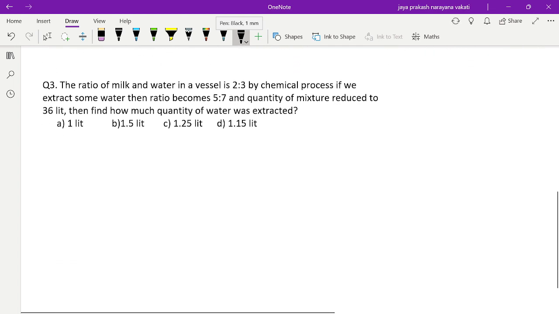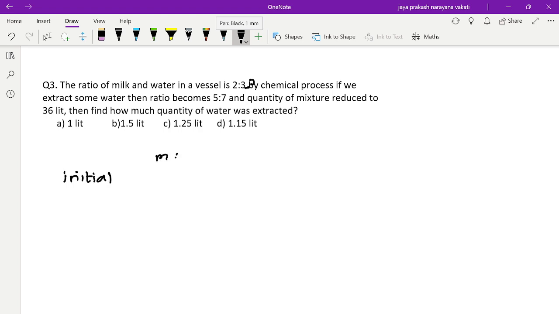Okay, let me go with the third problem, guys. So, a similar problem. The ratio of milk and water in a vessel is 2 is to 3. By a chemical process, if we extract some water, then the ratio becomes 5 is to 7 and the quantity of mixture is reduced to 36 liters. Then find how much quantity of water was extracted. So it's given the initial ratio